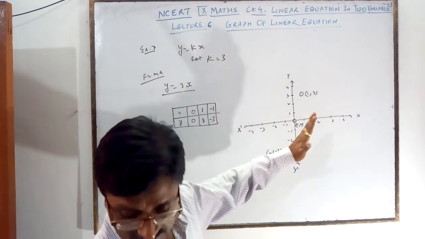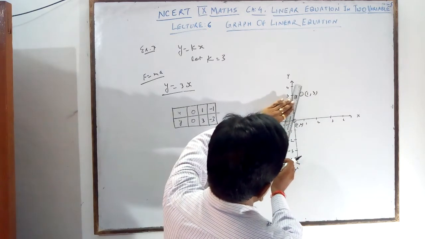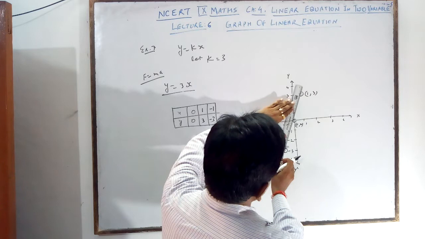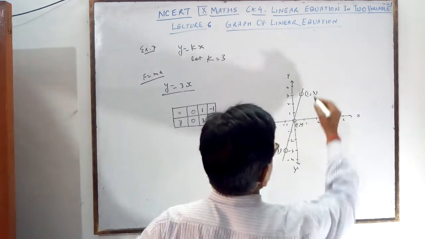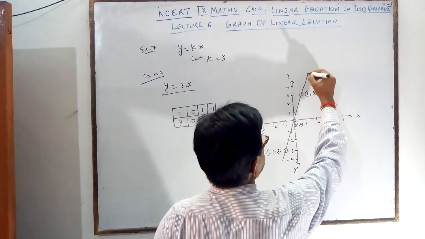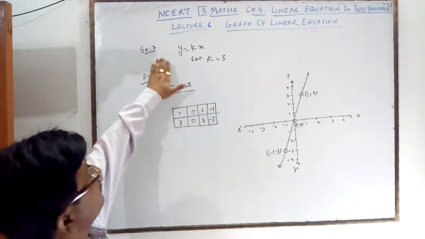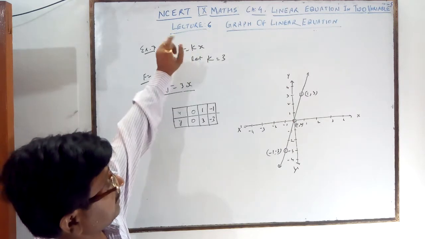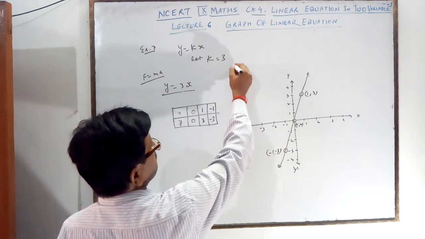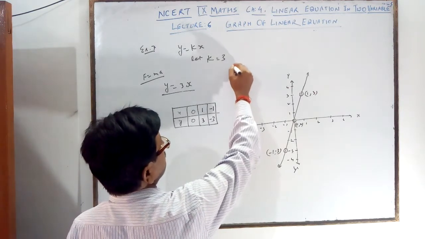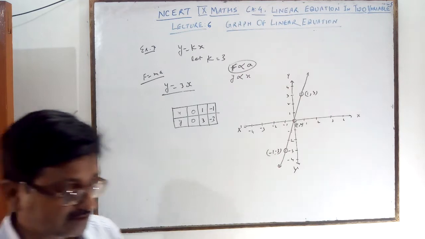When you put the scale like this, you can plot it. You are plotting this by scale, so by scale you will get it. If it is not a straight line, it means something is wrong. It is your graph for the force applied on an object, directly proportional to the acceleration. That you know in physics: force is proportional to acceleration. F is proportional to A. So F is equal to m, mass into acceleration.